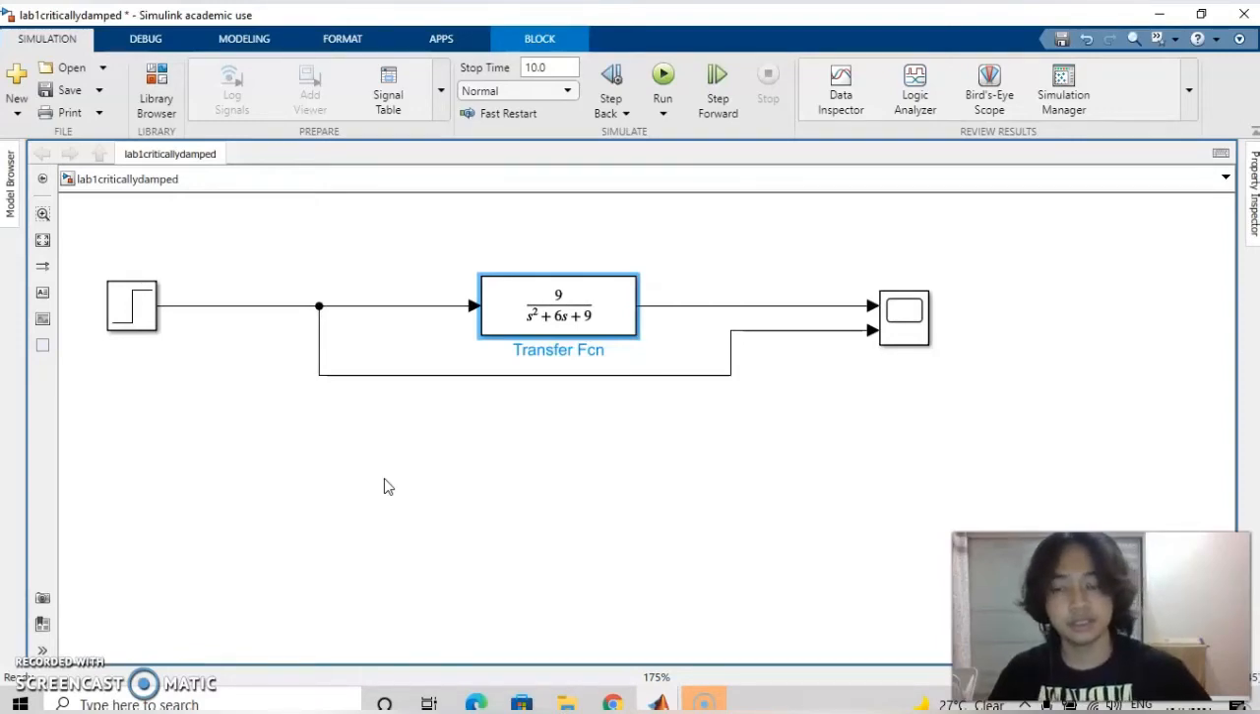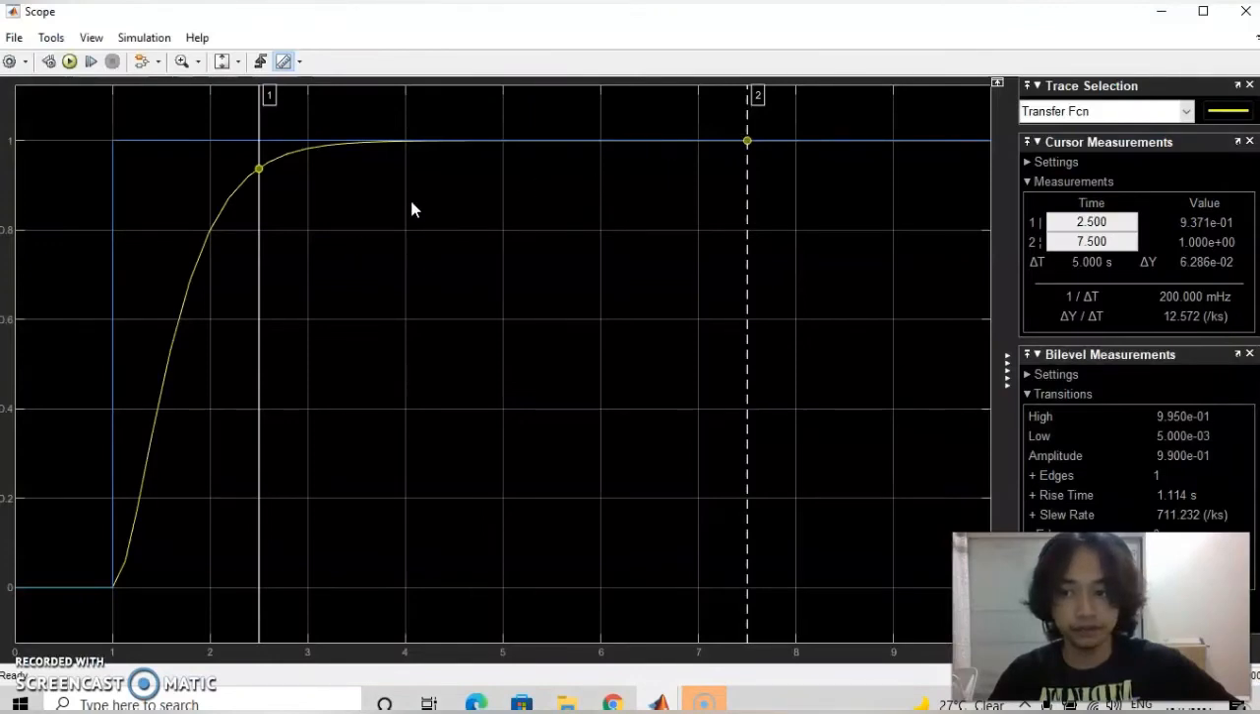So this is the block diagram. I'm not going to explain this block diagram because my group members are going to explain it. I'm going to show you the scope, the graph. So this is the result that we get from the plot diagram. As you can see,